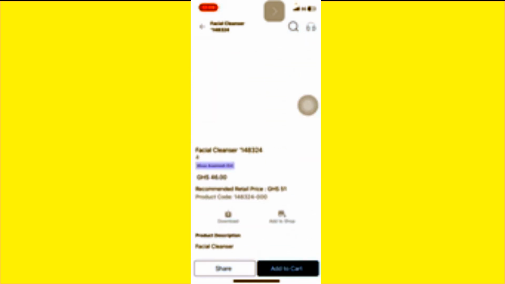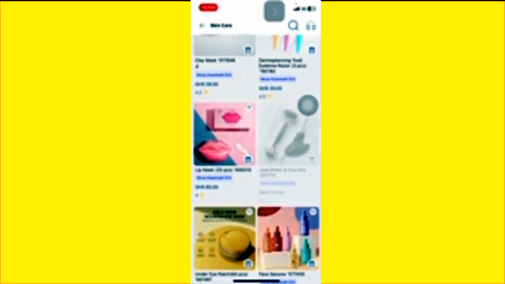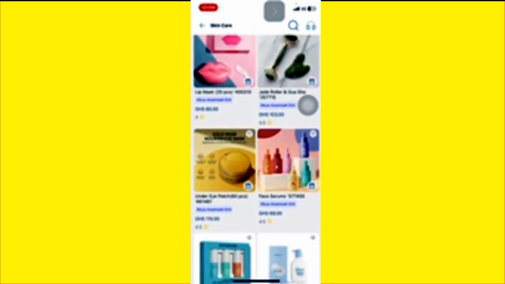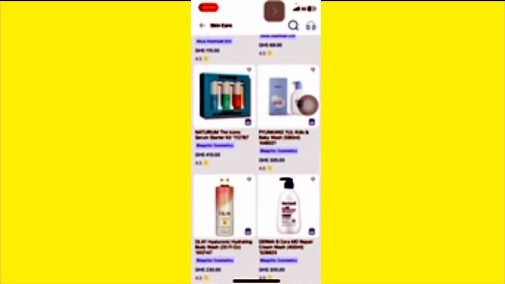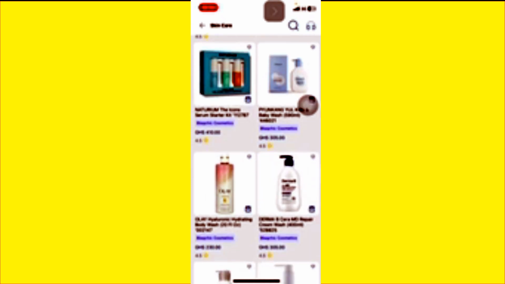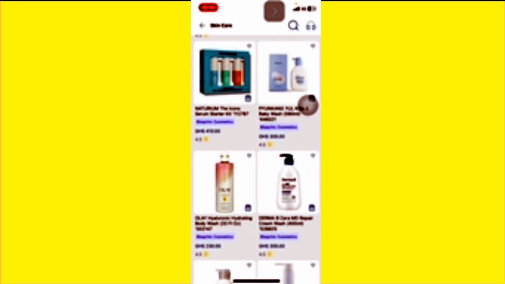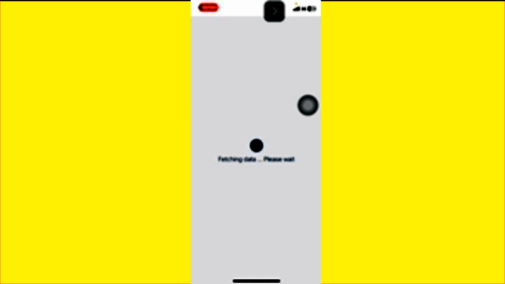Okay, then let's go and see if this product has finished loading. I think this product is not in here, that's why it's not loading. Let's look for another product. So I'm gonna go with this body wash. Let me see if it's available here. Let's see if it's available here. Then I'm gonna show you how you can promote this product and make more money on this app.